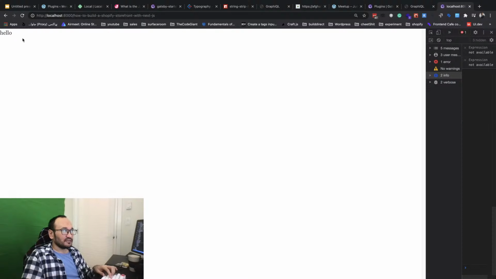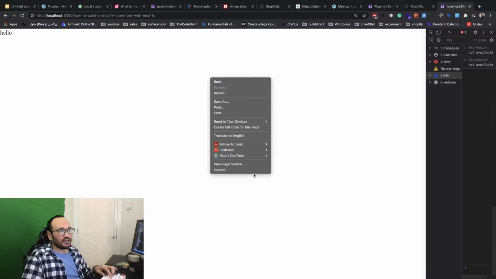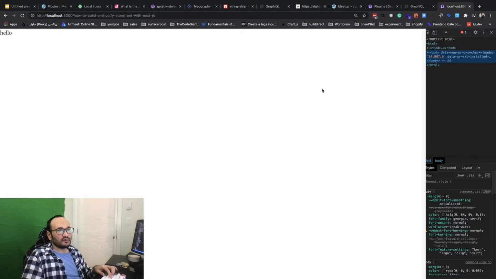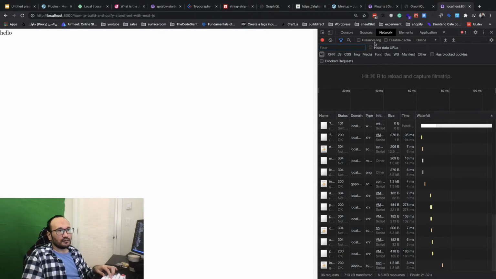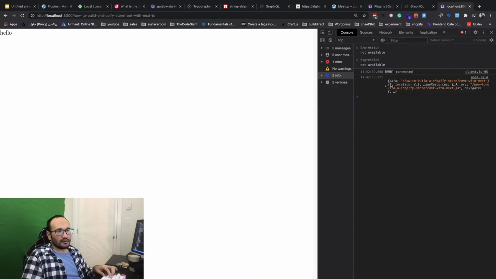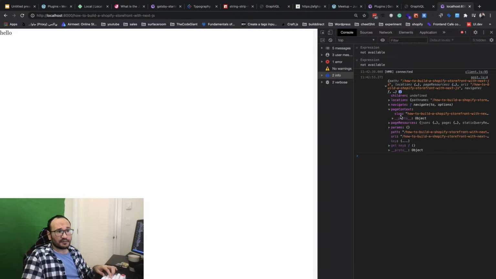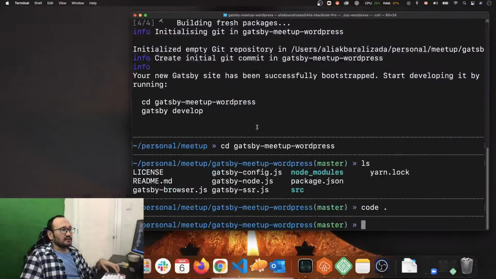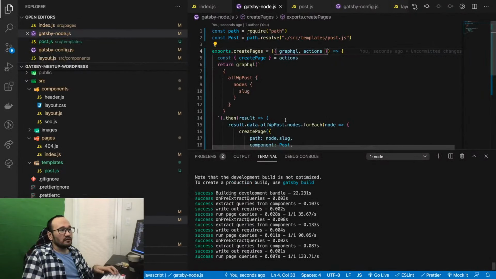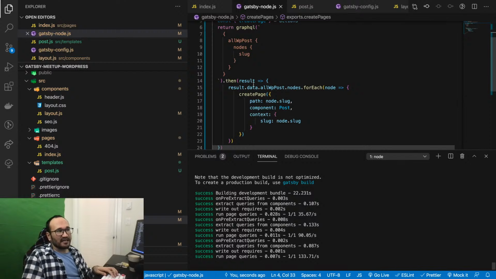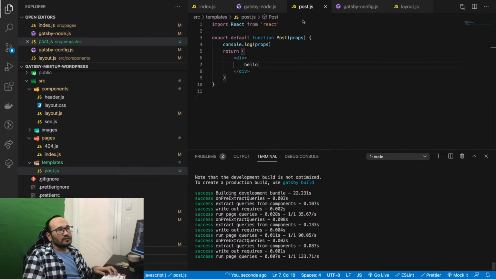So when I click on them I see the hello. We just go here and then console log to see. Do you remember with props we did log our props? So you will see all the props here. So page context is what we passed in the code here. Technically you can pass anything you have in the nodes, and then you don't need to query GraphQL anymore. But let's do GraphQL. We want to do that right now.